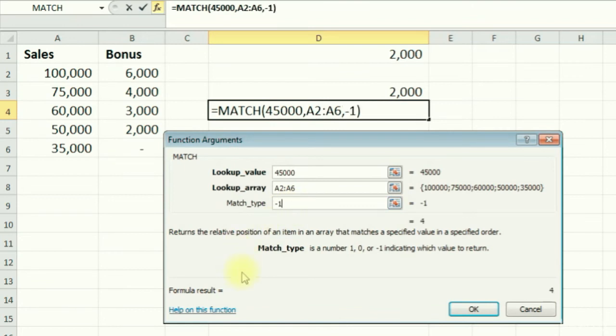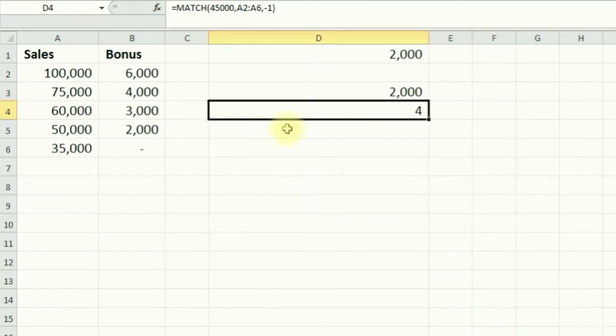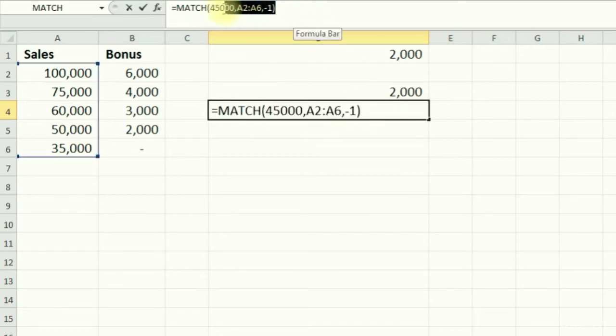And the match type is going to be -1 because we want the number that's higher than it. So it will become a 4. Click OK, and we got a 4. So what it's doing, it goes 1, 2, 3. It sees that $45,000 here, and because it's a -1, it's going to go up to this 50,000, and it gives us a 4. So now we can just simply take this part,